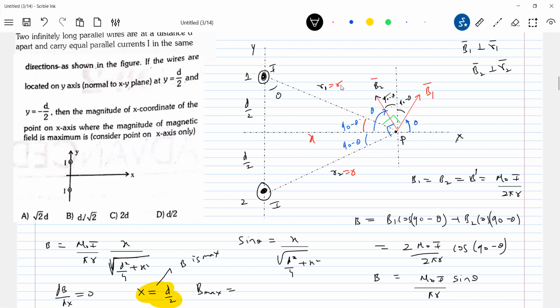Always I suggest you, whenever you get a wire, have those concentric circles, the lines of force. With the help of those lines of force, you try to predict the direction of B bar. You'll be on the safer side, and B bar should be perpendicular. And this is very important. And there are, I think, 10, 15 numericals which are linked with this idea.